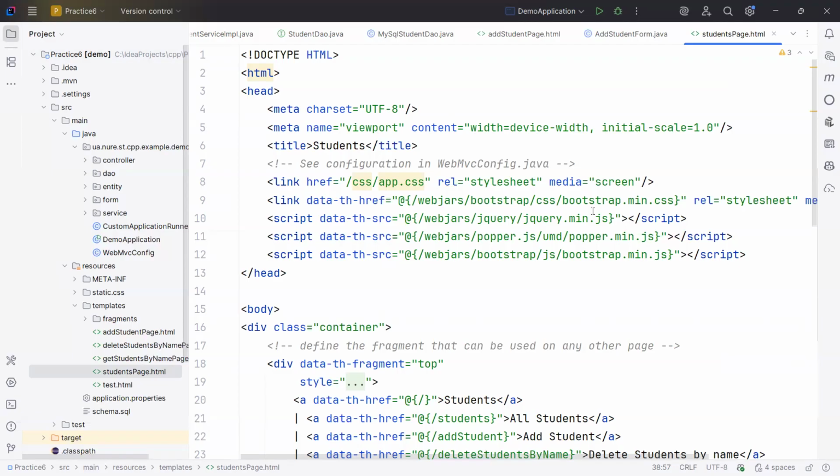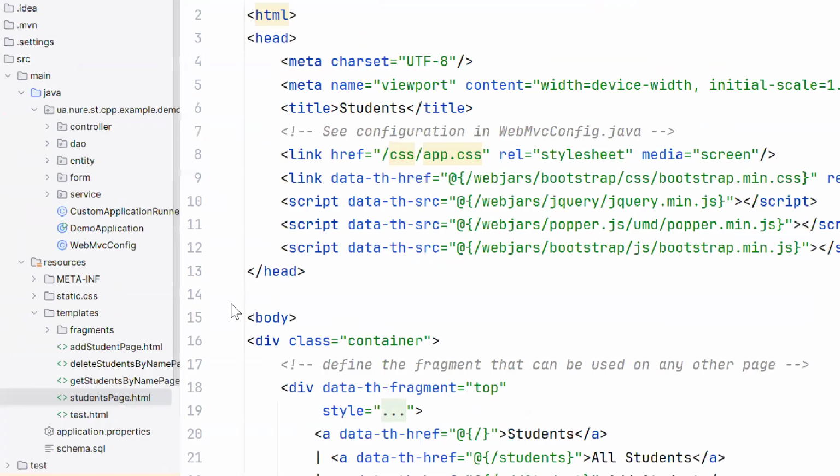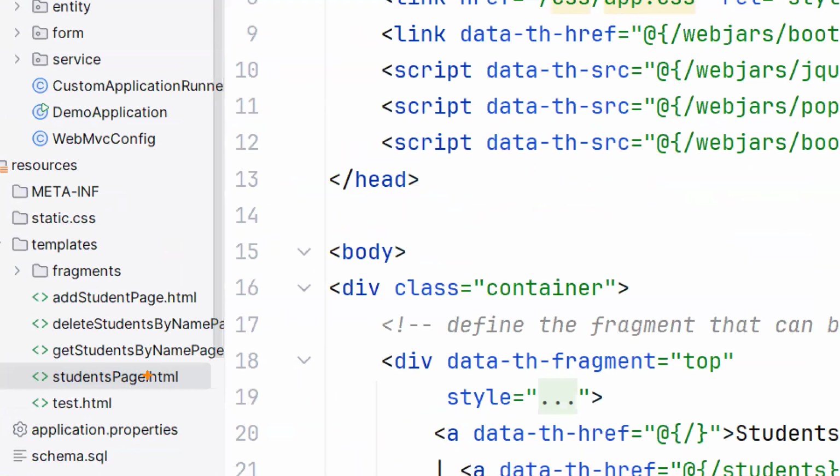There are a lot of differences between them, significantly different engines, but both are HTML based. Okay, so to send your data to the specific page, you need just return the name without the extension